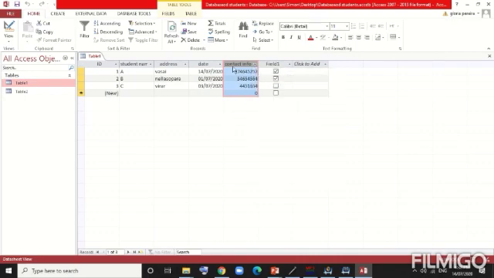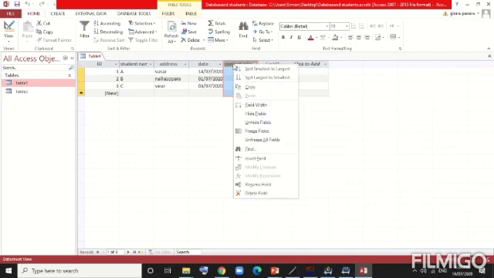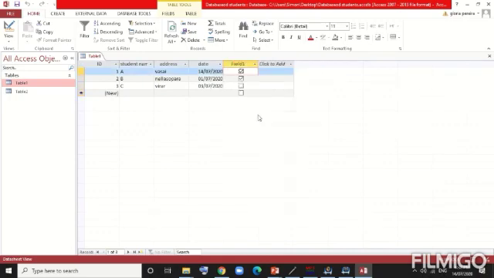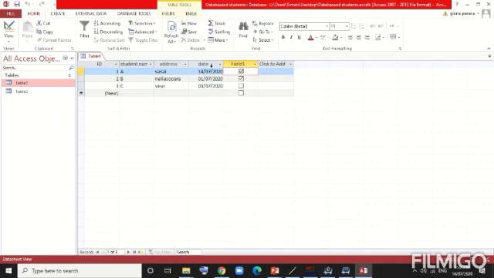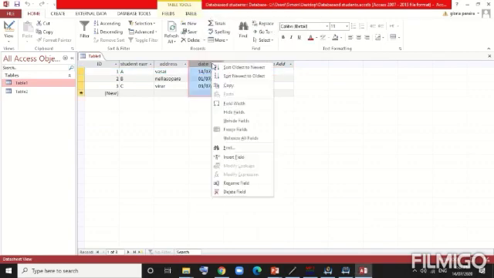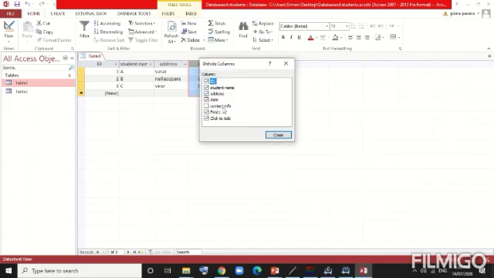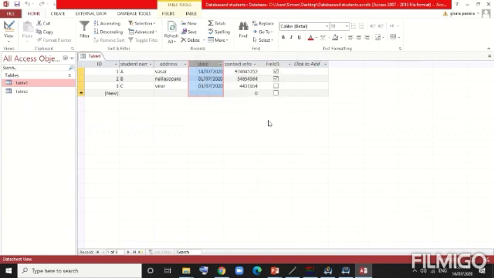Then after that, if you want to hide or unhide a field, you can use that. Just right click on that particular field which you have to hide or unhide, and use this option. We have the option over here, hide fields. So this way we can hide the field. And if you have to unhide the field, just click on any field and click on unhide fields. Whichever field is hidden will be shown as unmarked. So just mark that and click close, and it will be available in front of you.